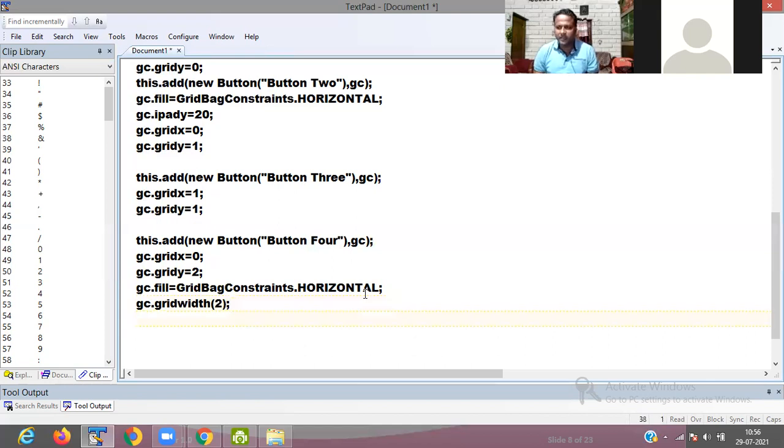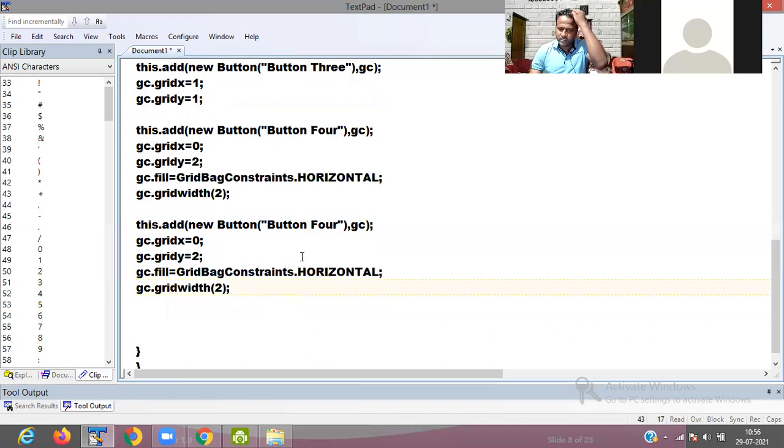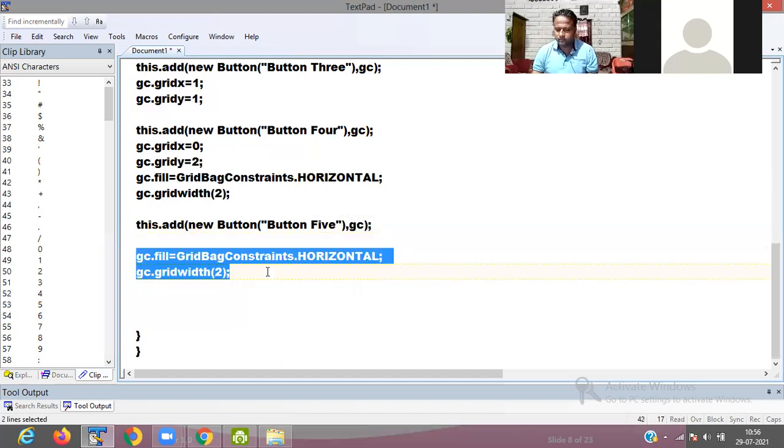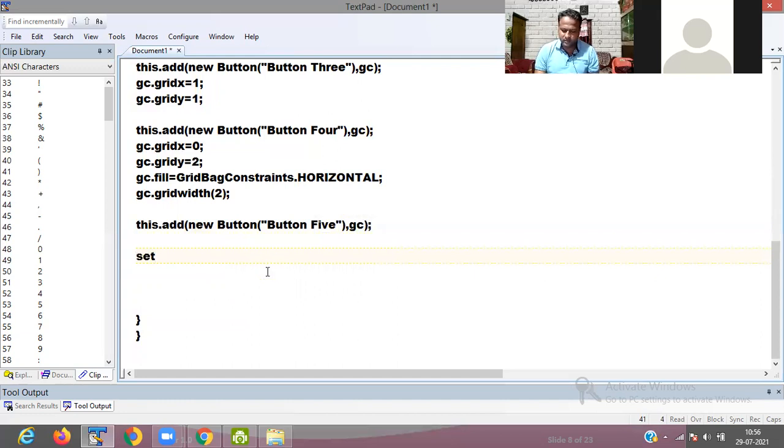Then I add the 5th button now. The 4th button is done, again I add one more button. Here I have button 5, gc, then here we will use one more value: setSize is 300 and 300, set preferred size equals to the gate size,